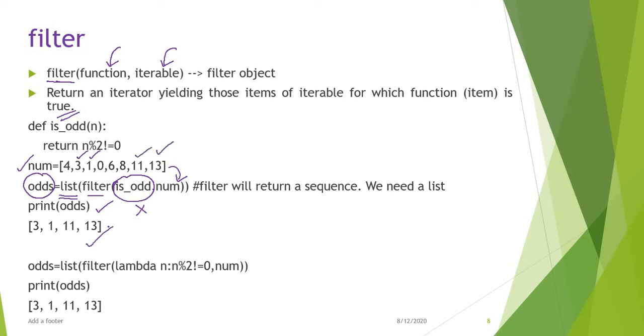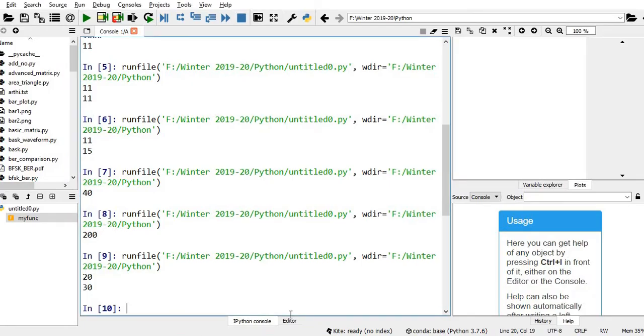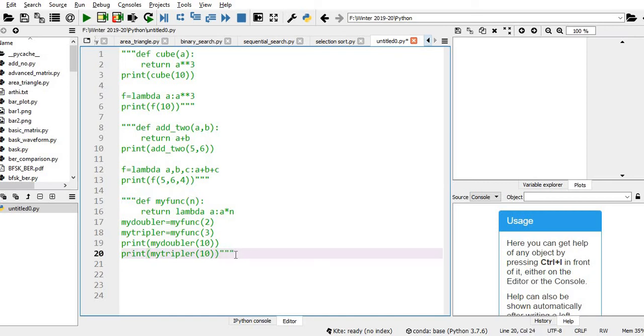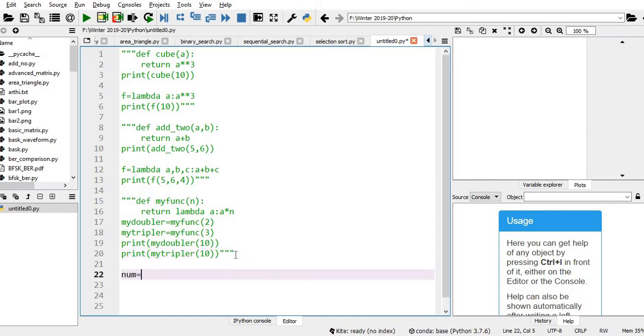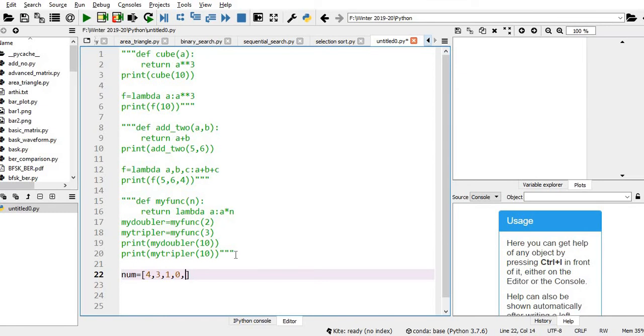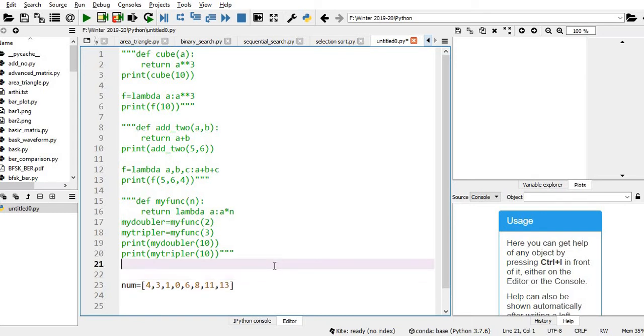So let us try this in Python. Number is 4, 3, 1, 0, 6, 8, 11, 13, some sequence. What I'm doing is defining the user defined function.